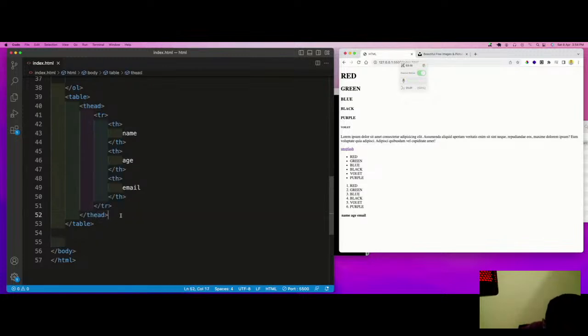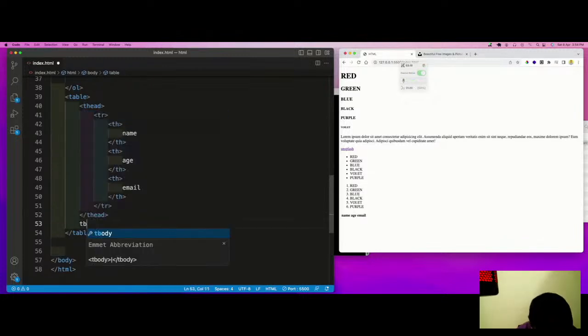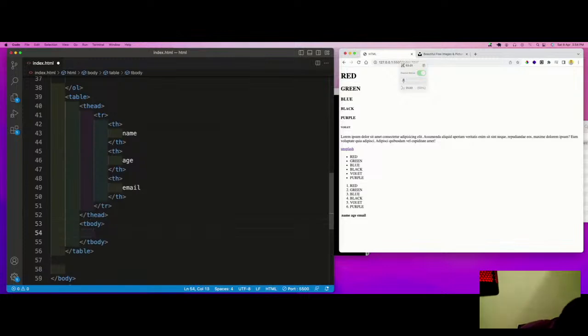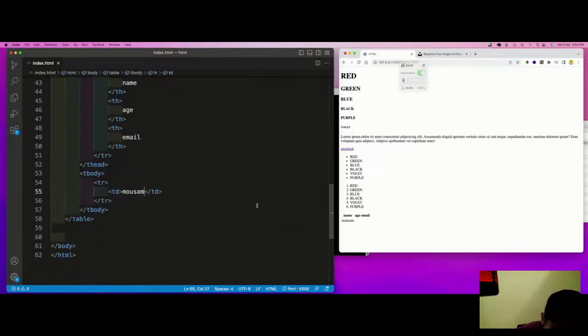Okay, in this tbody we have the tr, table row, and I have the table data. We have awesome. So here it comes.